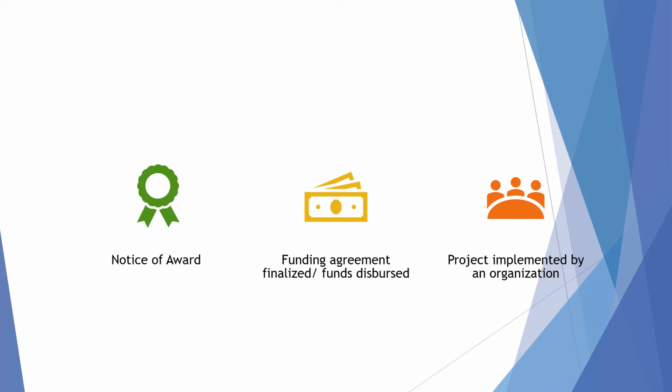We will now discuss the most exciting phase for an organization, the award phase. When the review process has been completed, the funding agency notifies the applicants whether or not they have been awarded a grant. The agency also begins working with the award recipient to finalize the legal framework for the funding agreement. Following this, the funds are dispersed. After an applicant receives a notice of award and the funds have been dispersed, they will begin their project. The award recipient is responsible for meeting the administrative, financial, and programmatic reporting requirements of the award.